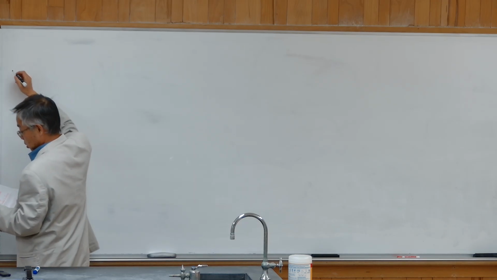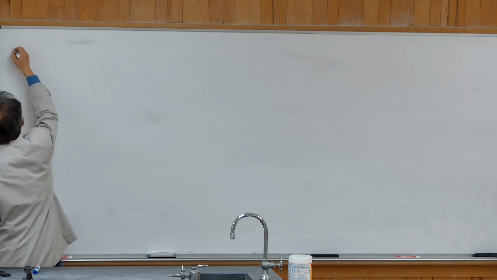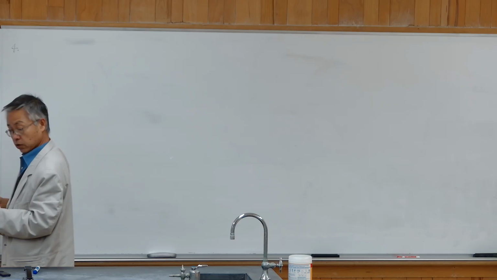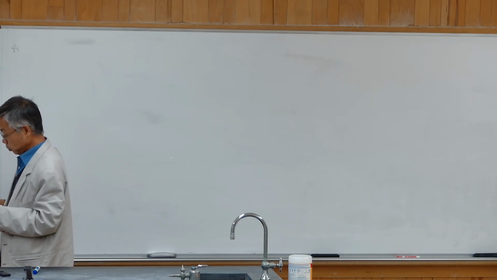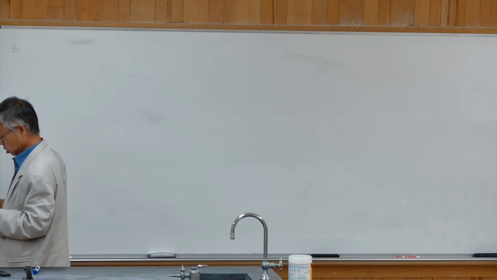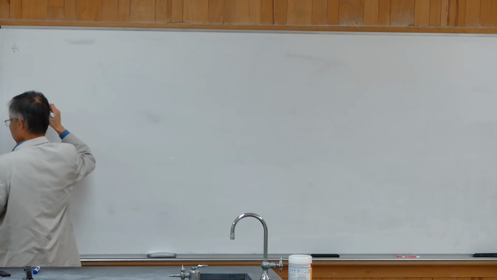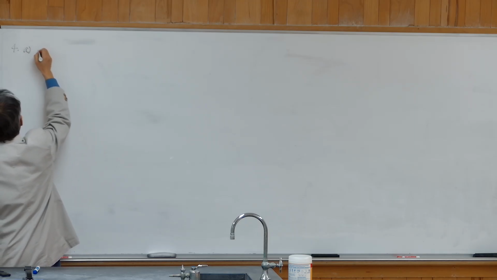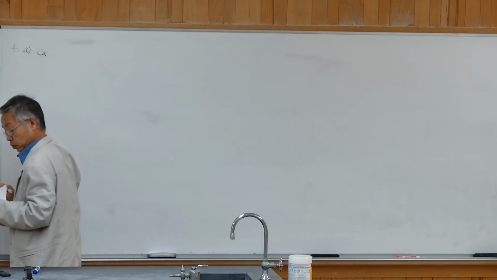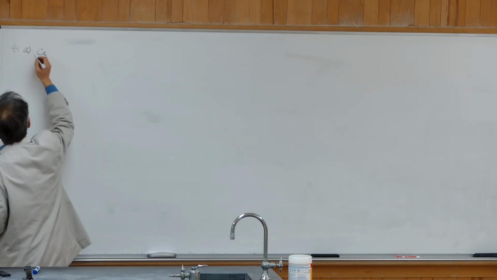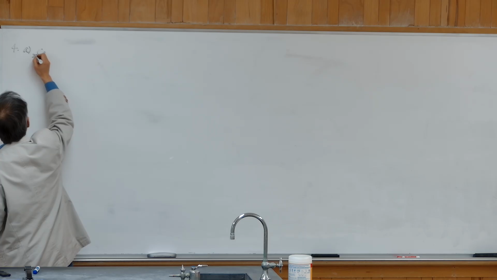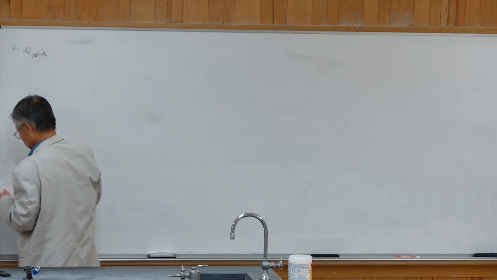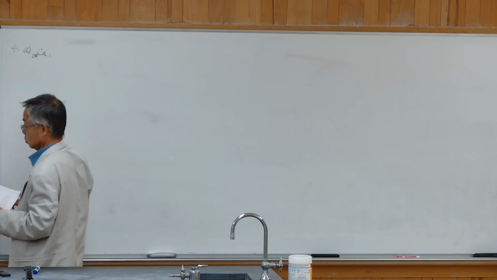Then question 4 asks you write electron configuration and orbital diagram for each of the following atoms. So A, calcium. From periodic table, we know calcium atom has 20 electrons. So we can write the electron configuration. So first,